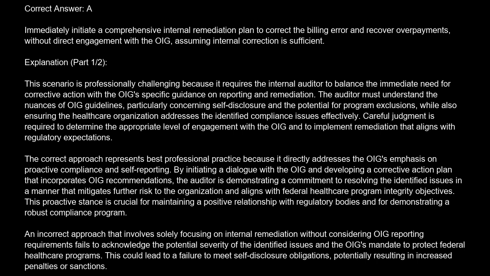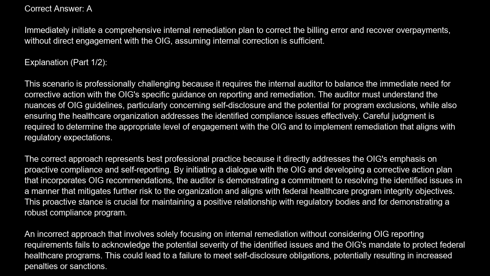Explanation. This scenario is professionally challenging because it requires the internal auditor to balance the immediate need for corrective action with the OIG's specific guidance on reporting and remediation. The auditor must understand the nuances of OIG guidelines, particularly concerning self-disclosure and the potential for program exclusions, while also ensuring the healthcare organization addresses the identified compliance issues effectively. Careful judgment is required to determine the appropriate level of engagement with the OIG and to implement remediation that aligns